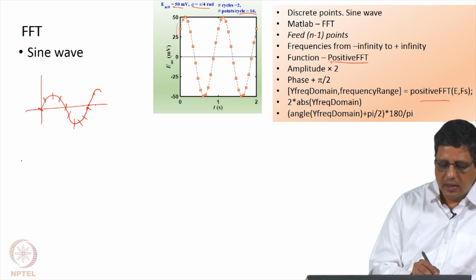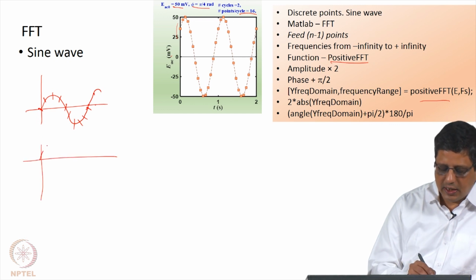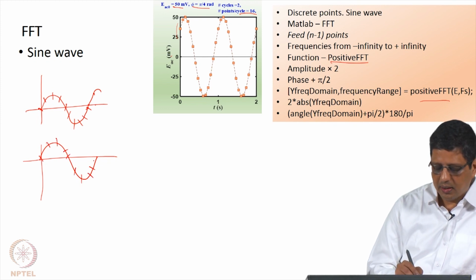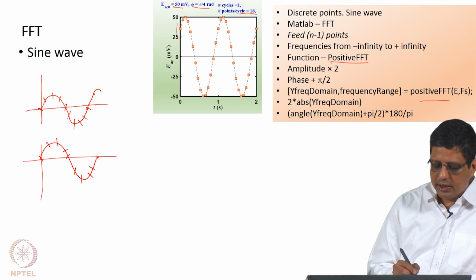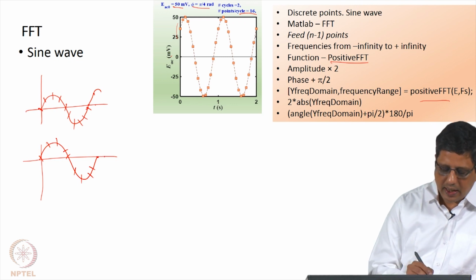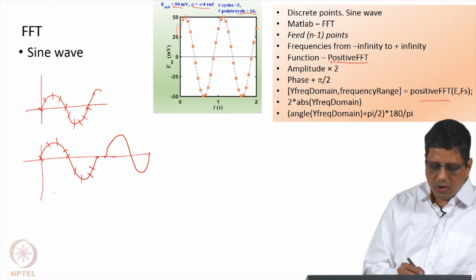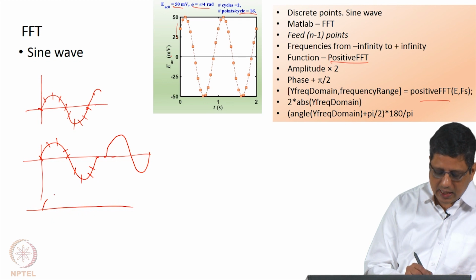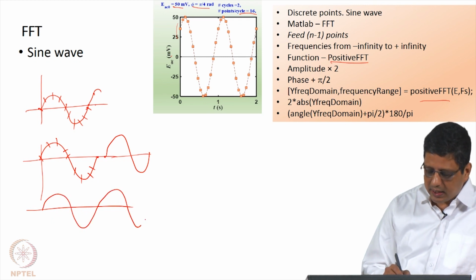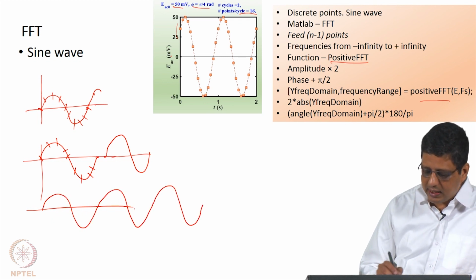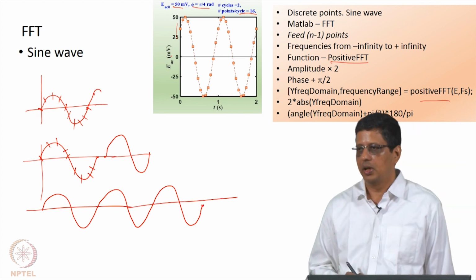Instead of this, if I give you points until this, meaning the first point is the 0 origin and so on, and the last point is here, it is going to shift to the next time interval and take this as the point and then reconstruct it, and that is not a sine wave, it is a distorted sine wave. So, if I want to give 3 cycles, I will give 1 cycle, 2 cycle, third cycle I will stop just before the end point.